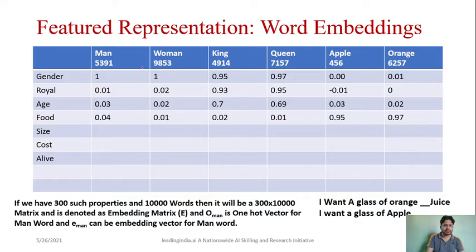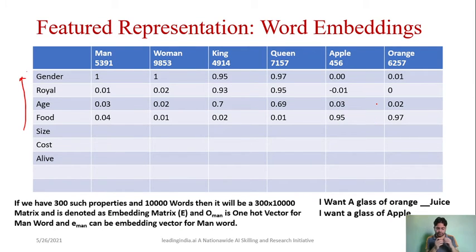So just for example, suppose we have a few words and we have a few features here. So you can say here we have the features gender, royal, age, food, and some other features. Now if I am saying man, then definitely gender is one of the important features, and for woman as well; royal maybe not, and age is also not important for man because a man can have various ages and so on. Now if you say king and queen, then definitely gender is important, but along with that royal is also important. Similarly, if you say apple and orange, gender doesn't have any importance, but they are food. So food has the most importance.